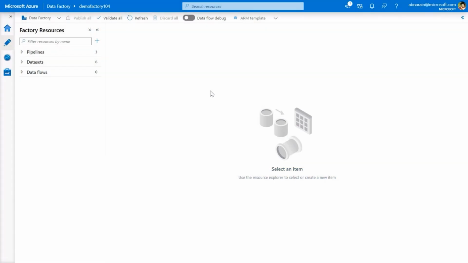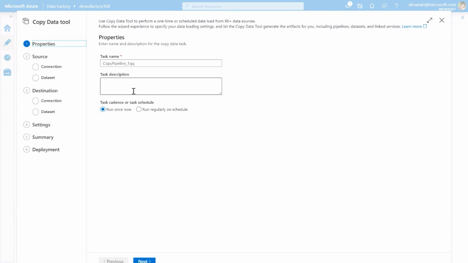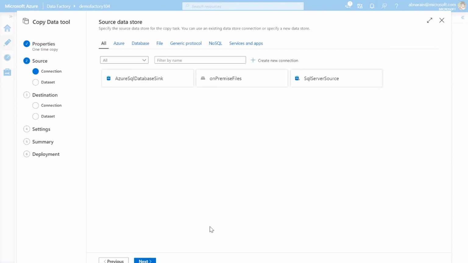So here's my Azure Data Factory. Once I'm logged in, you can go ahead in Azure Portal and create a new Data Factory resource. And once you log into that Azure Data Factory resource, this is how the screen would look. I'm in my Author tab, where you can start authoring your pipelines. And I click on this plus and start using a copy data tool. This is a simplified tool for doing data ingestion. And I'm just going to do a few clicks here.